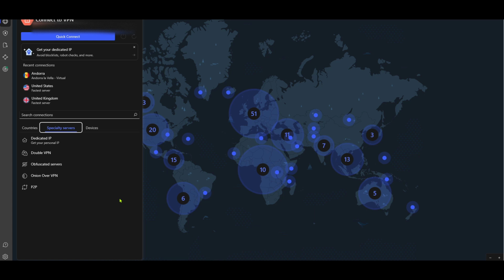In essence, choosing the best VPN server depends on your individual needs, whether that's speed, location-specific content access, or maximum privacy. NordVPN's tools and features are designed to streamline the process and keep your online activities secure and private. Remember, using a VPN not only helps protect your personal data from prying eyes, but also grants you the freedom to access content worldwide without restriction. With these tips, you're well on your way to making the most of NordVPN's